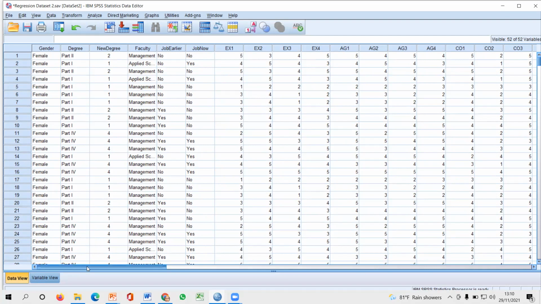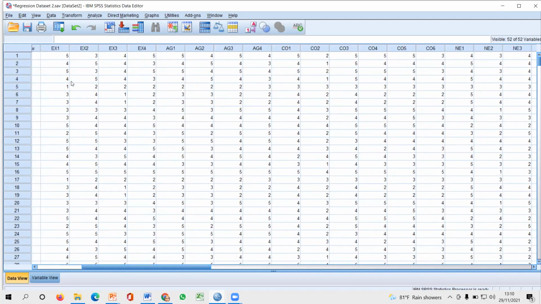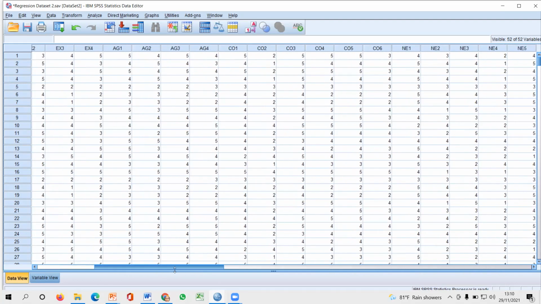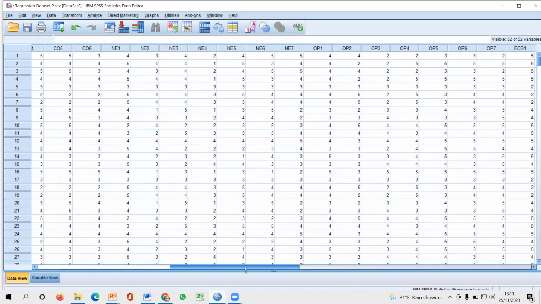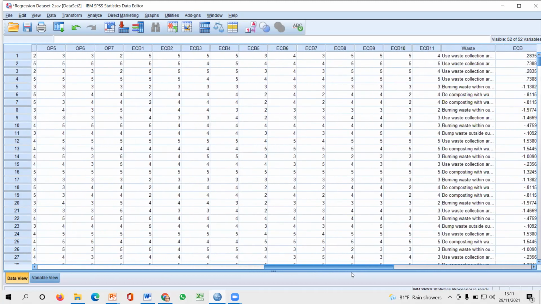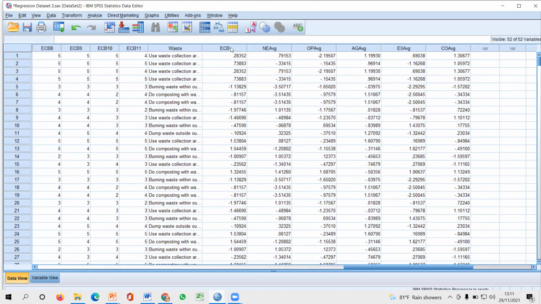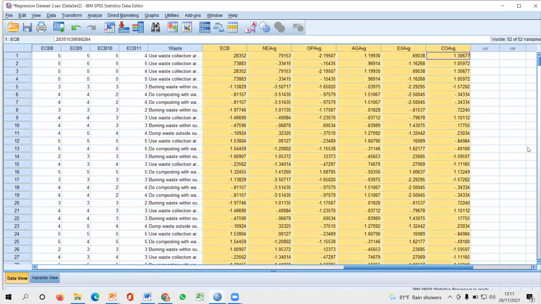Okay, so first I checked the data. That means I cleaned the data, making it free of typo errors as well as missing values. Right, that is our first session, and the pilot test was already finished when I came to the main data collection, right? And I also performed factor analysis, in the day 3 session I discussed with you. Now I'm not wasting my time doing it again with this data set, and you can see at the end these are my factors based on the final factor analysis result.